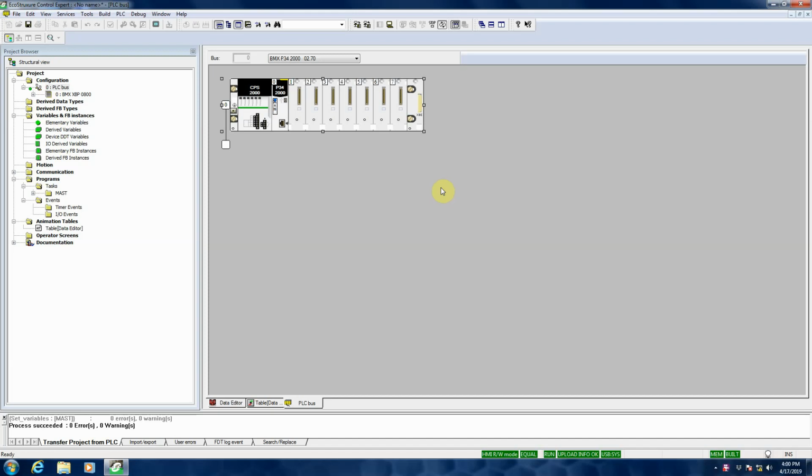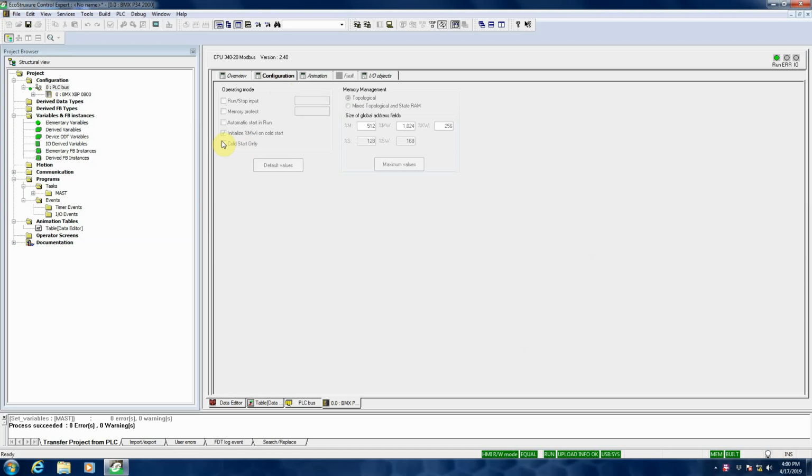In this video, we're going to take a look at what happens when we download a project to a PLC to the values inside of variables. The first thing we need to understand is what happens in the PLC settings. So we'll double click on the PLC and we notice that in most cases we have the checkbox for initialize